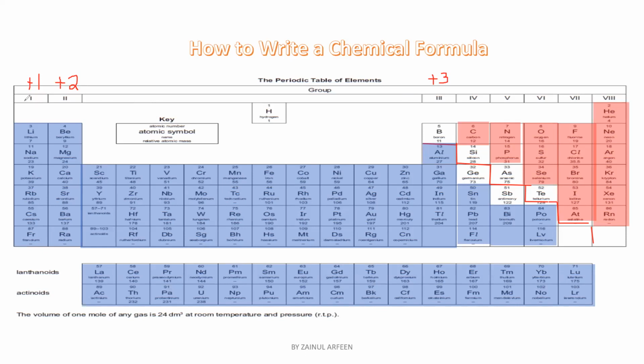So group 1 valency is plus 1, group 2 valency is plus 2, and group 3 valency is plus 3. What about group 4, 5, 6, 7, and 8? So there is also a formula to calculate the valency of group 4, 5, 6, 7, and 8, and that formula is